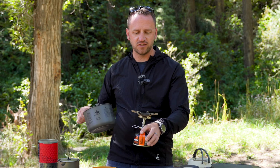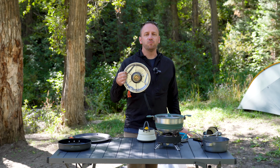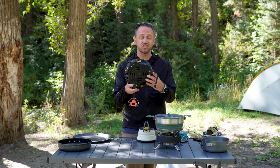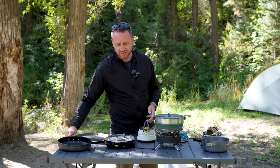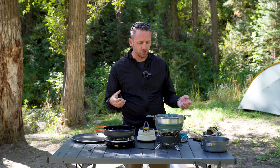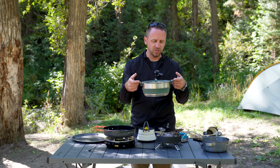So I can still do a very simple stove with a larger pot for those types of meals that I would do as like a 1-pot style meal. So now we move into these larger single burner stove options that have a much larger base to them. They're more stable, they have a larger burner, and so you are then opening up the opportunity to pair them with much larger cookware items that make it possible for you to cook whatever you want out there, whether it's solo or for multiple people, and still have a really kind of compact type of camp kitchen, because this doesn't